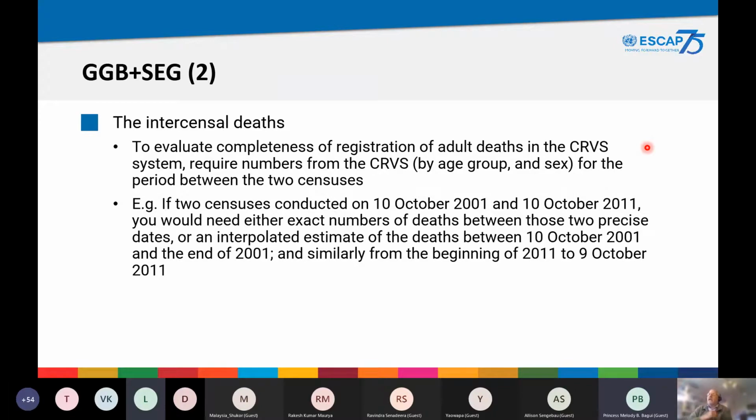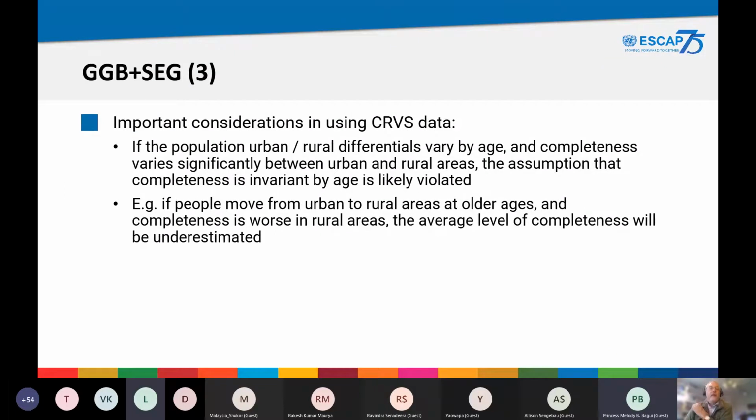So we would take those deaths from your CRVS, and we are going to require them as inputs into the GGB plus SEG type framework. There is one particular consideration in using data from a CRVS in this type of framework, and I want to illustrate that by means of an example. So let's imagine that your population